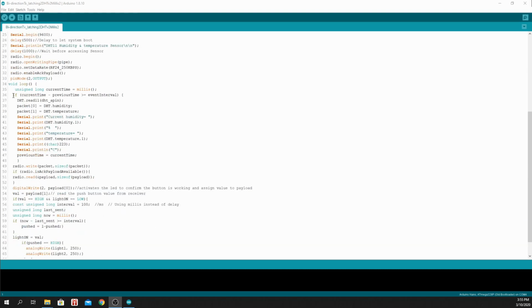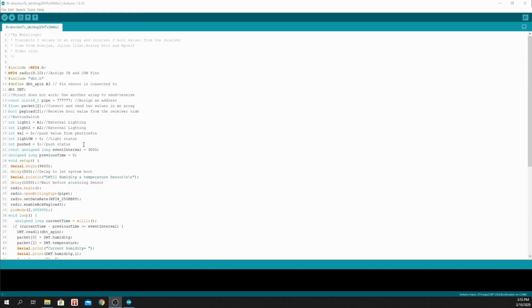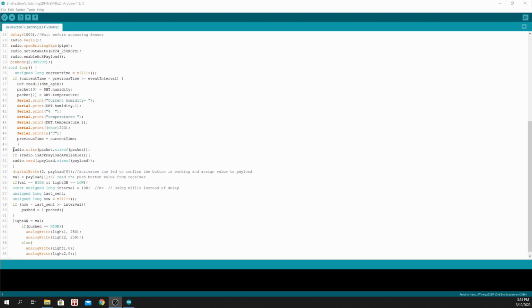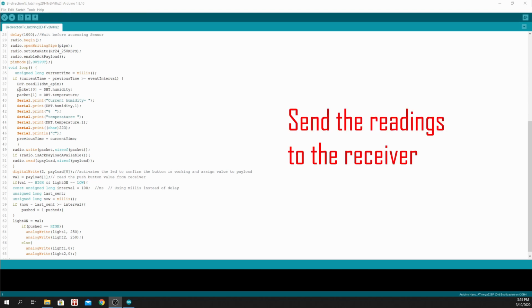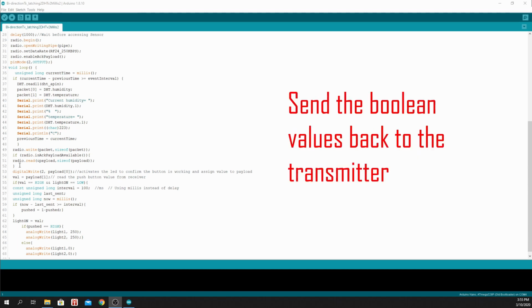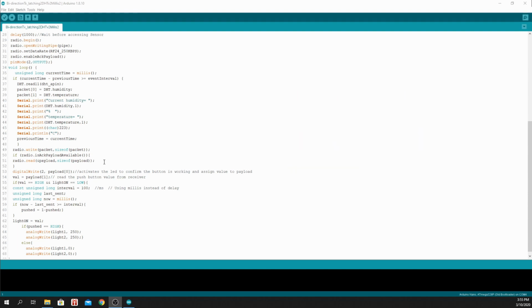In the loop, this will take readings every 3 seconds as indicated by the event interval. Then we write those packets, packet 0 and packet 1. Then if there is payload available, we read that payload. So that payload is received. That payload is transmitted by the receiver side,